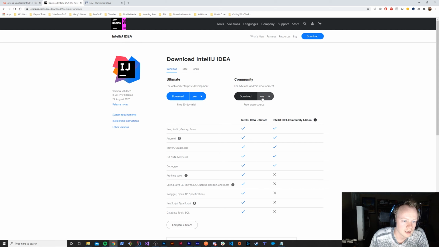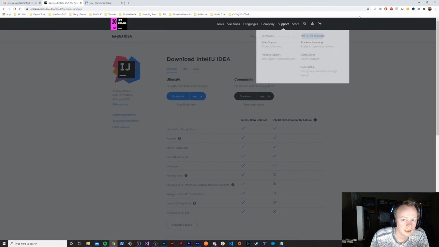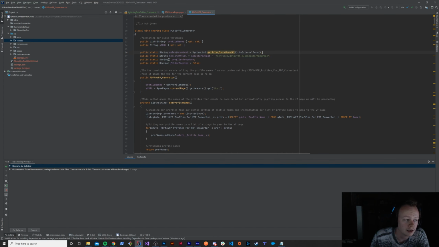download the free community version of IntelliJ. You don't have to pay for this. It's completely free. If you did want to pay for IntelliJ, you can pay for the Ultimate Edition. It does have really great autocomplete features for JavaScript, which is of course relevant for Salesforce developers, but you by no means need it. So once you are done downloading IntelliJ and installing it, the next thing that we'll do is install the plugin in IntelliJ for Illuminated Cloud. So once you've got the JDK installed, IntelliJ installed, and you've got it up and running,